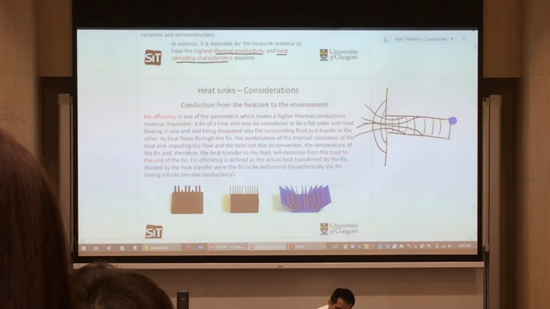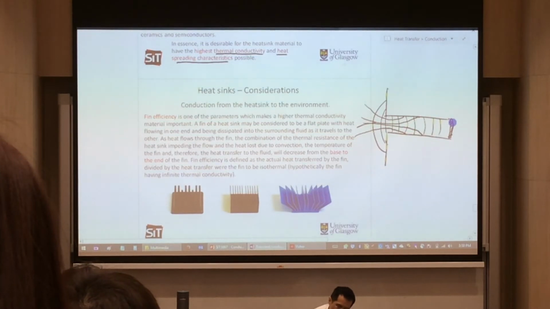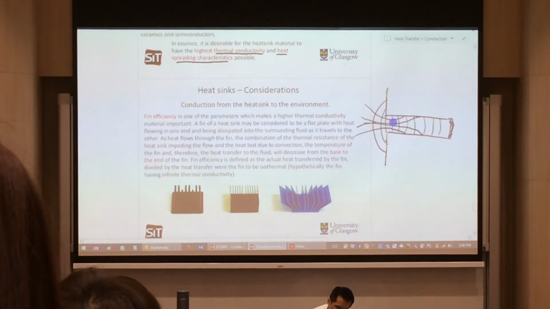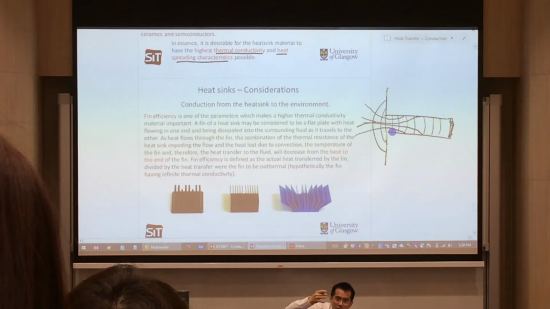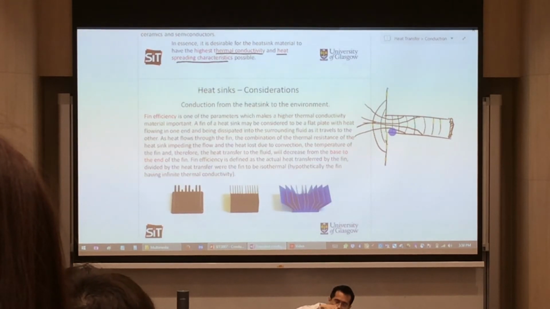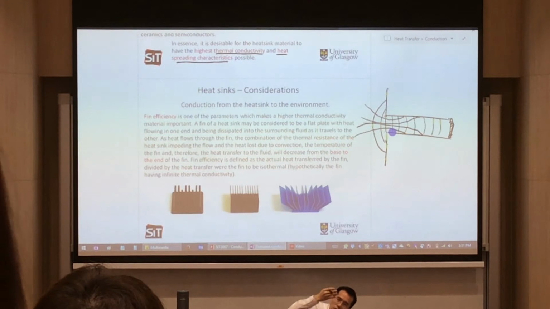Now what I want to show you is that this part here, the tip, will be insulated. This part is called the root of the fin. The root of the fin temperature is not going to be the same temperature as the rest of the fin. So if you put the cooling fin onto a microprocessor, you'll find that the part that's nearer to the microprocessor will be at a higher temperature